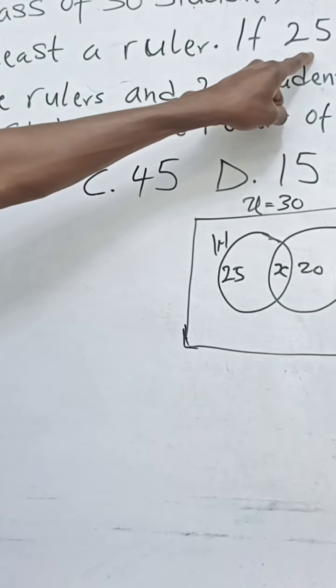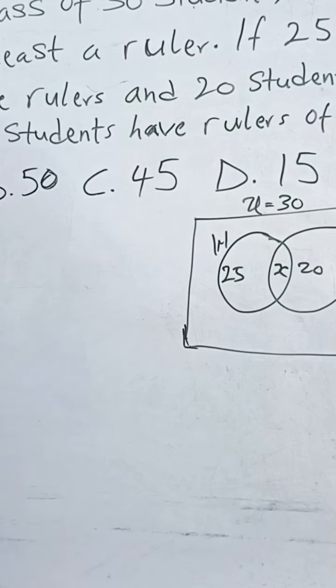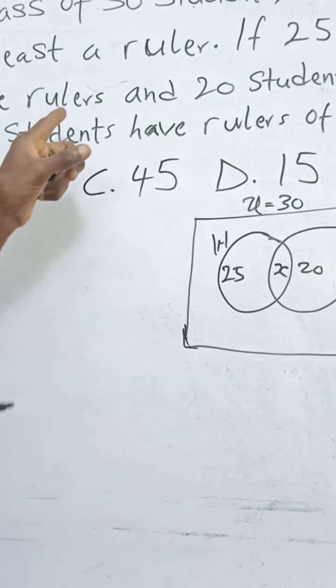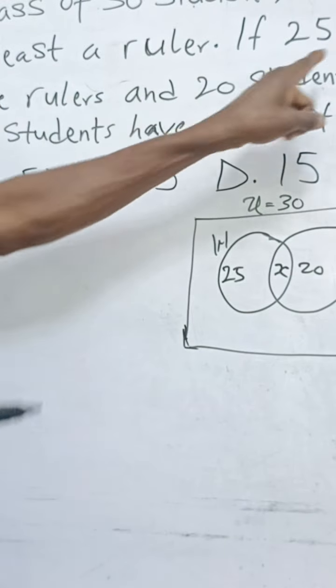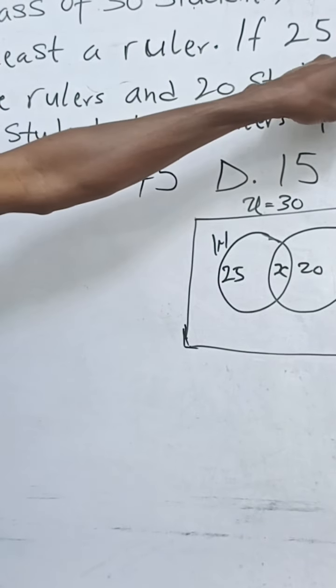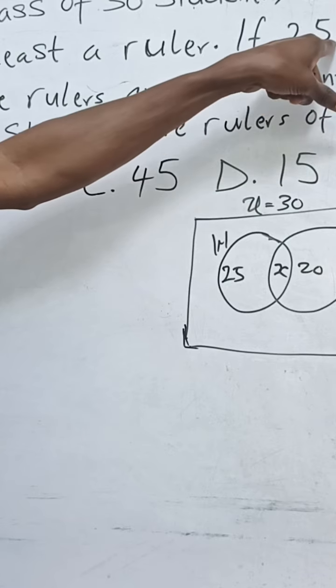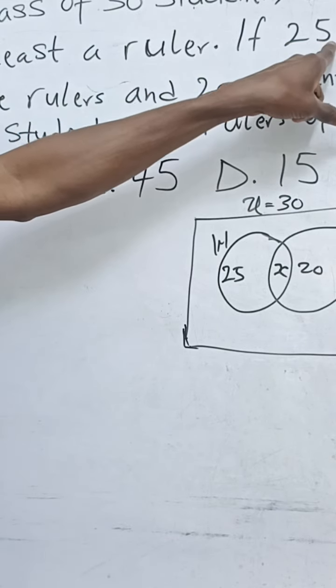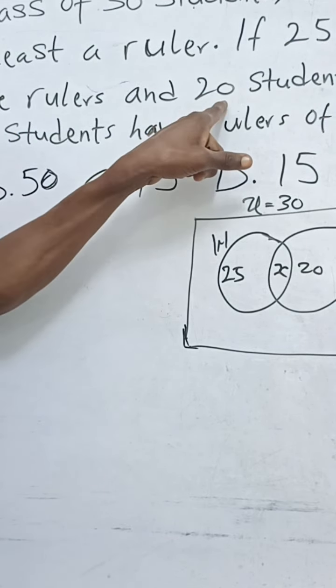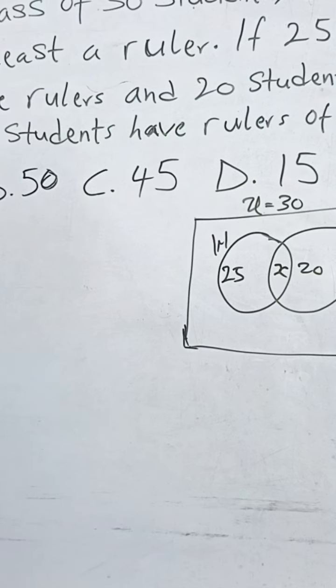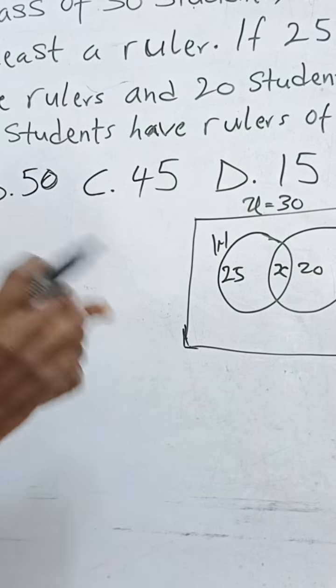But this 25 does not mean the students that take white only. Some of them have yellow. So it doesn't mean only white. This also doesn't mean only yellow. So the only way to recognize the only is to